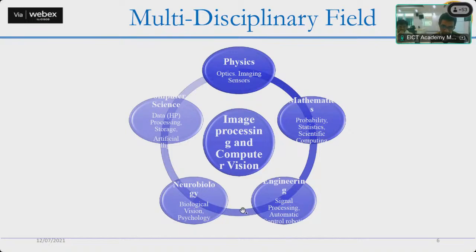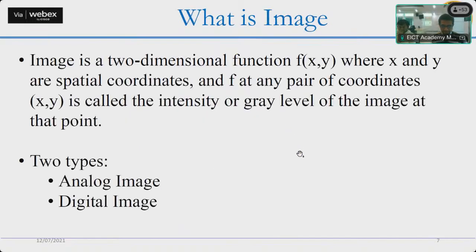Neurobiology, it is biological vision, it is the psychology. There also image processing is used. Computer science, it is the data processing, as well as the storage and the artificial intelligence. Image processing provides the key thing. Now, after realizing that image processing is such a useful task, starting from the